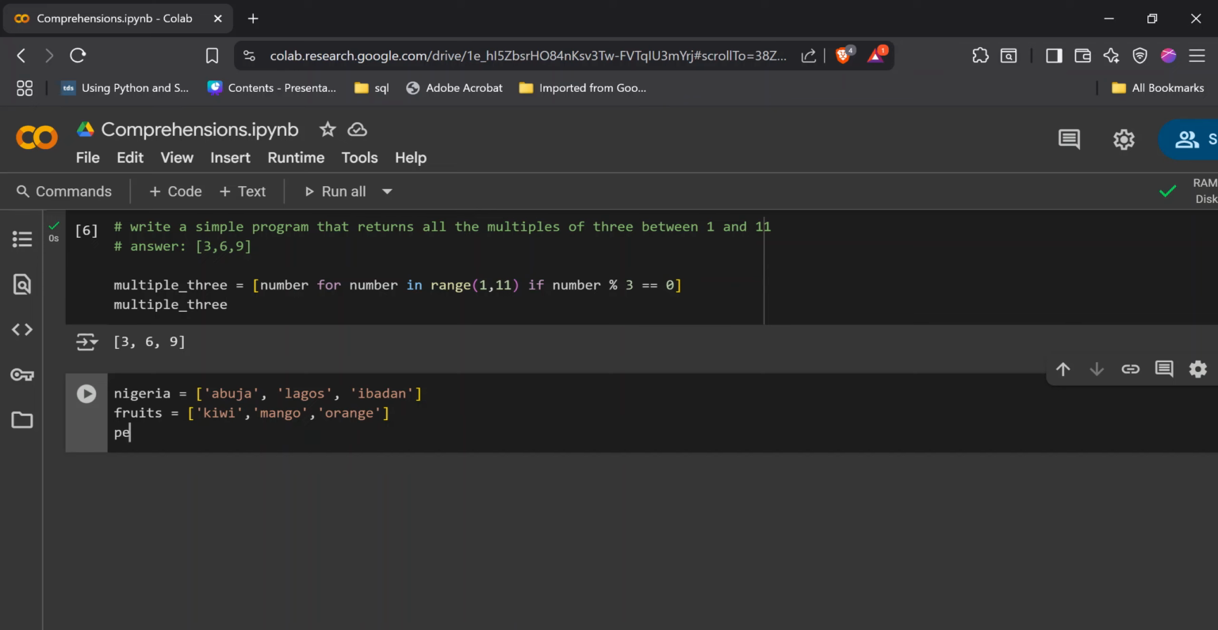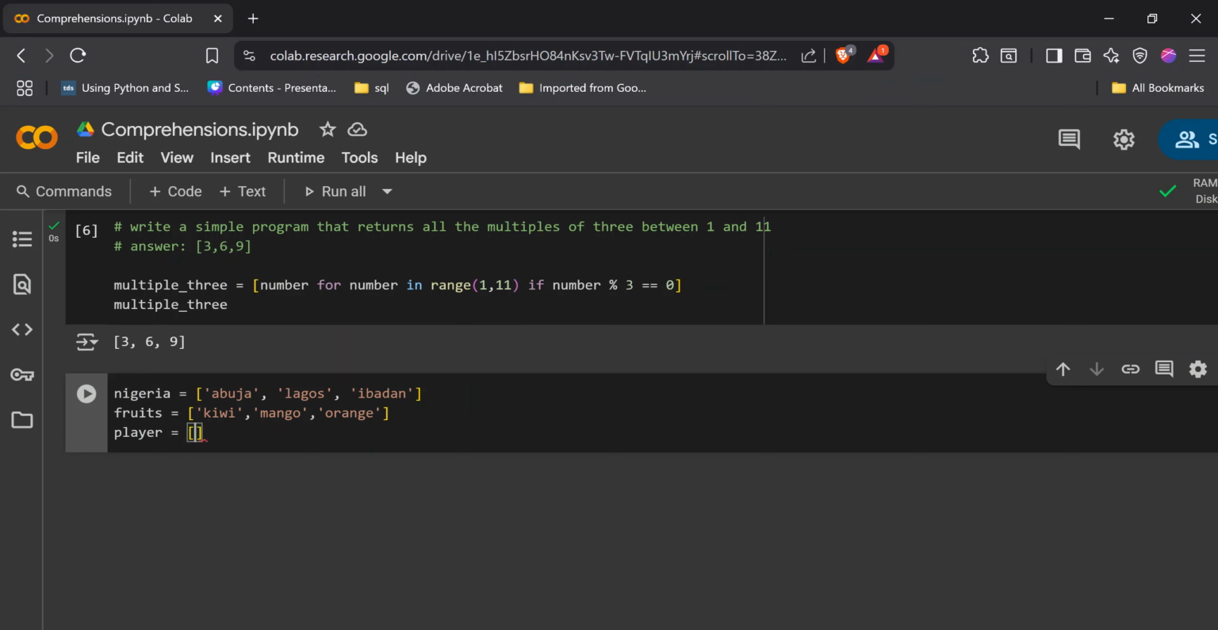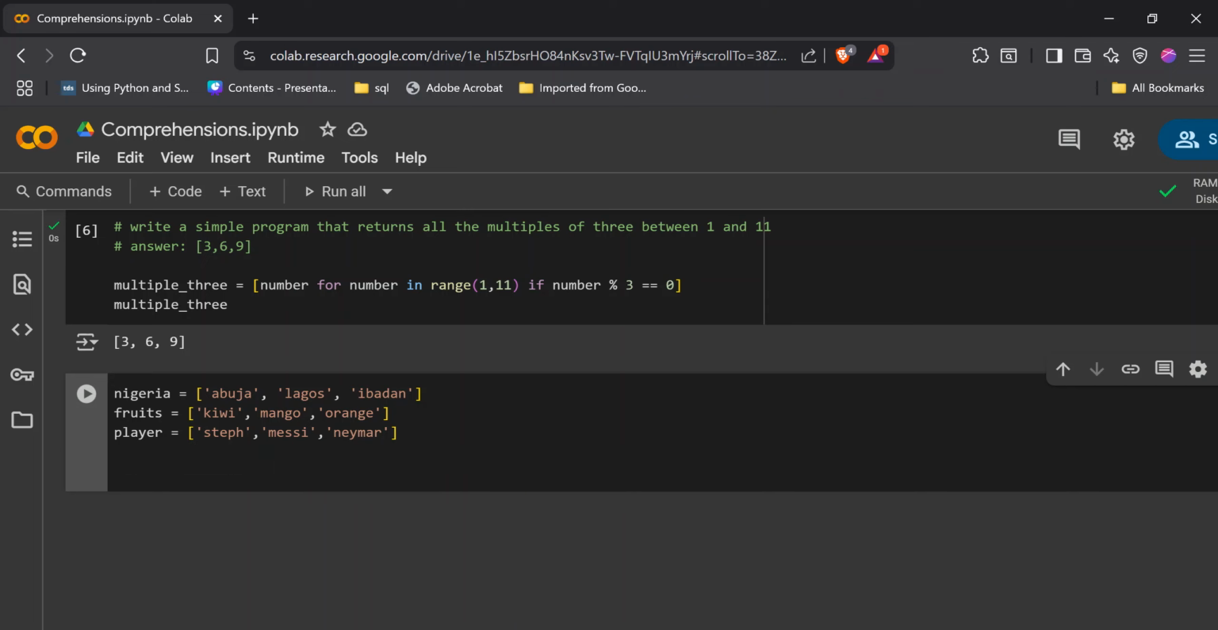Then we can go player, because Steph, Messi, Neymar, like this. So what we now want to do is, let's say we have another list of some random stuff, and we want to label it either, okay, let's say country. So let's say we have another list, and we have a list of things,